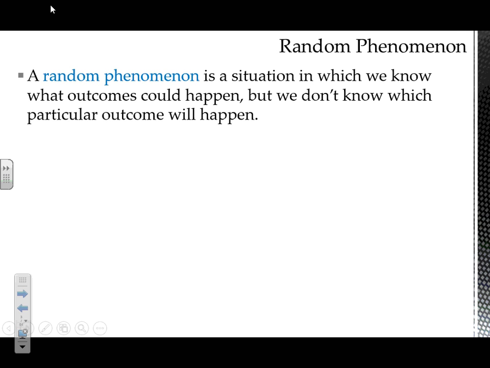So first thing, when we talk about random, a random phenomenon is any situation in which we know what outcomes could happen, but we don't know exactly which outcome will happen at any given time. Can anybody think of an example in the real world where you know what possibilities there are that could happen, but you don't know what's going to come up when you perform that particular